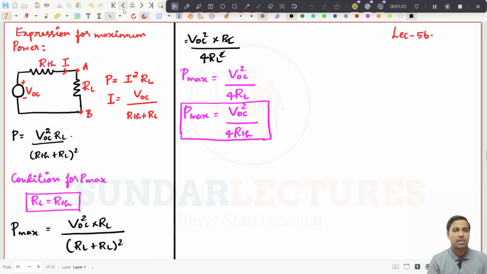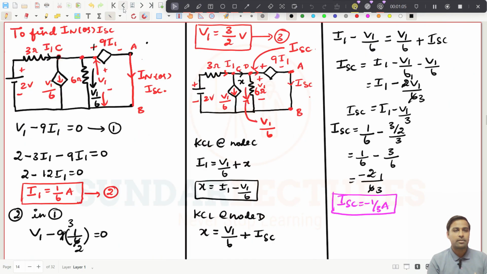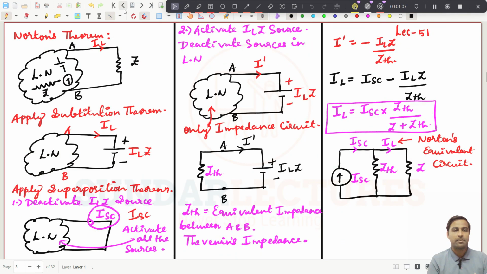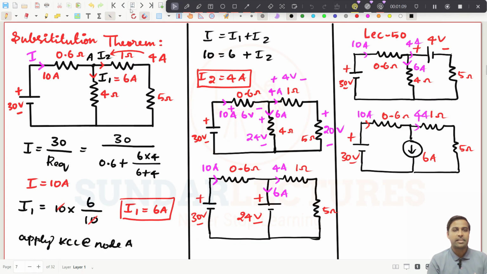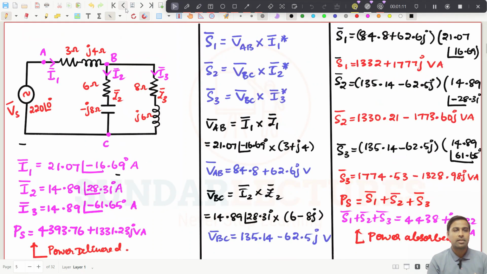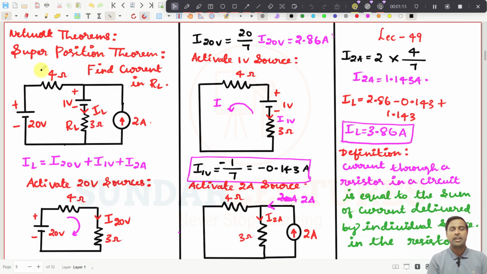So, this is the first theorem we have seen. Yes, the superposition theorem, right? So, what is the principle of the superposition theorem? If we have a circuit like this, and they are asking you to find the current in the 3 ohms resistor, then what you need to do is activate any one of the sources